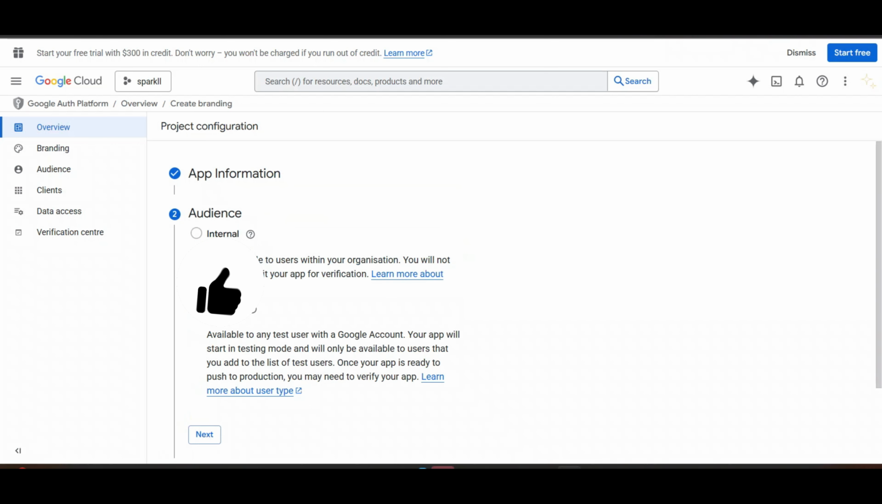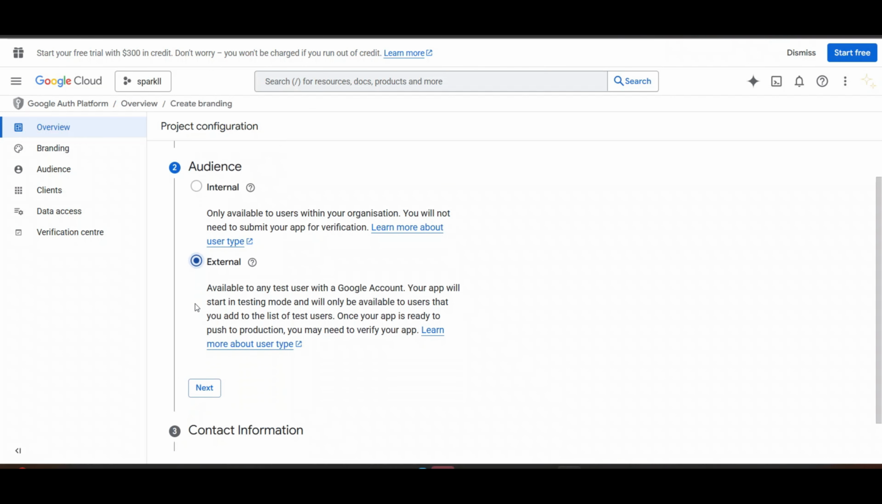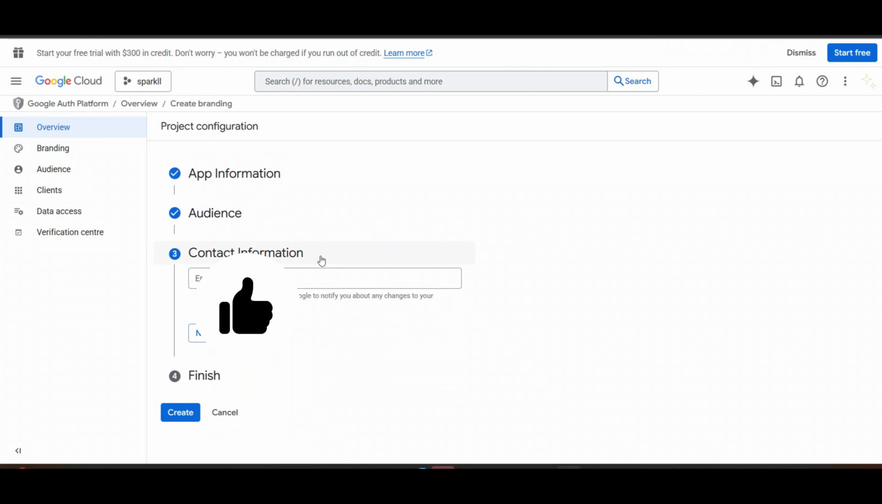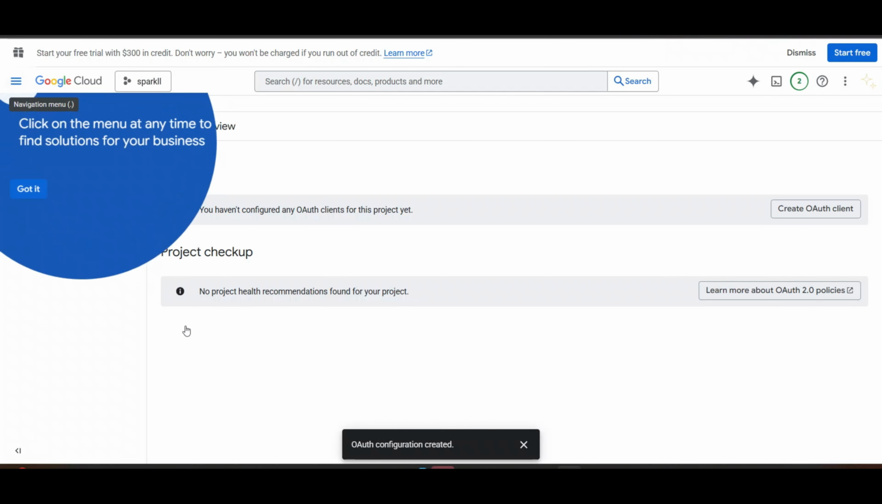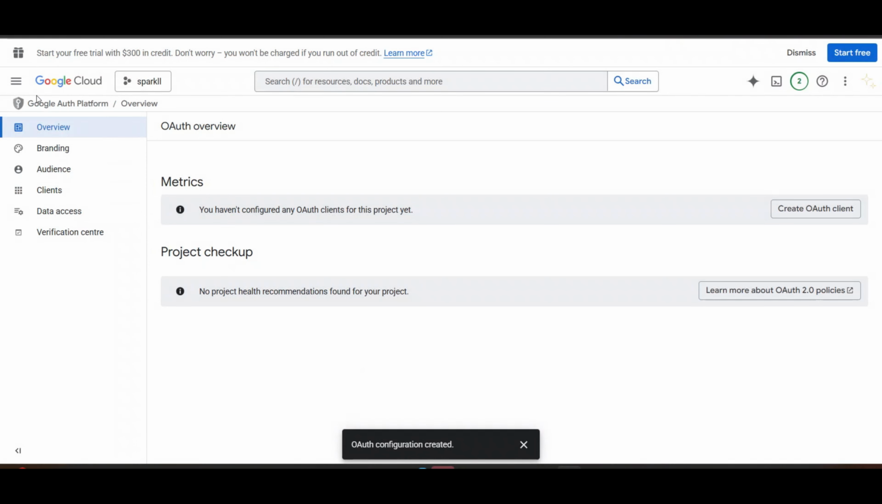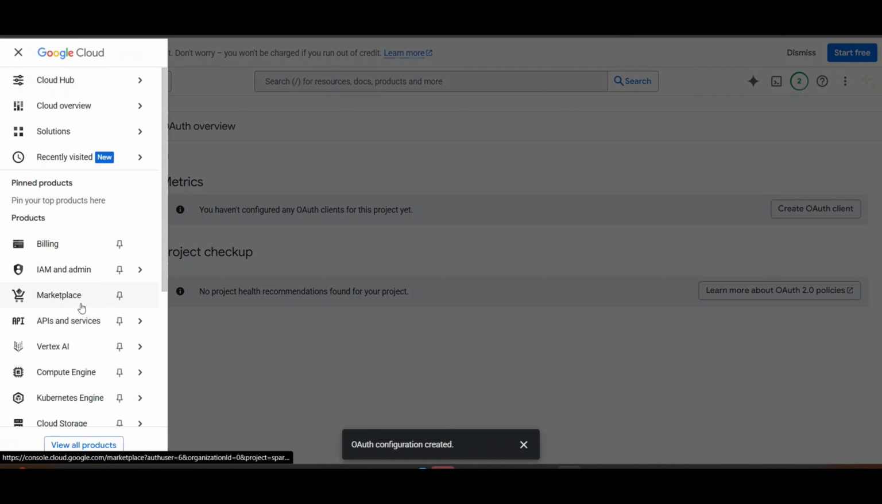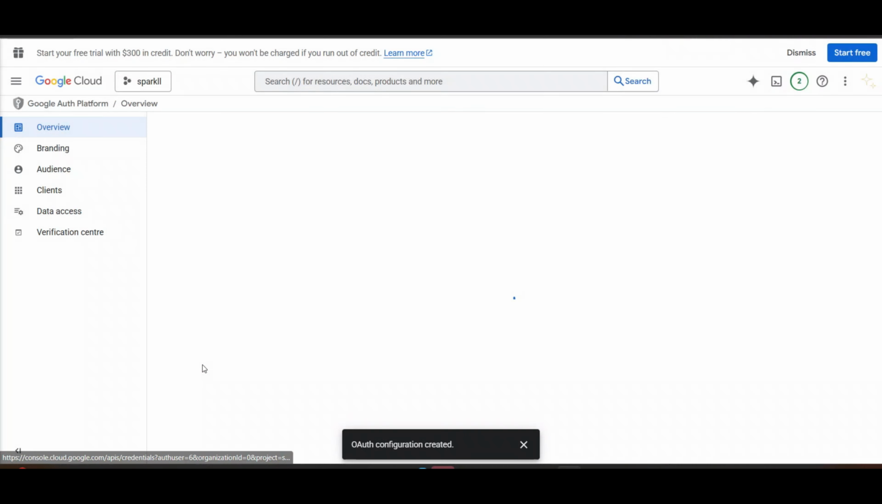Click on next. Then select external. Click on next. Contact information. Click on next. Continue and just create. Now, the client ID and client secret haven't been created yet. This was the process to prepare for creating the client ID and client secret. Now we will create the client ID and client secret. Go to APIs and services, click on credentials,